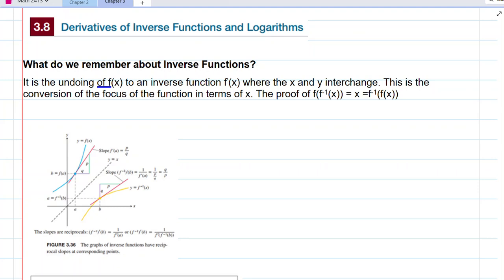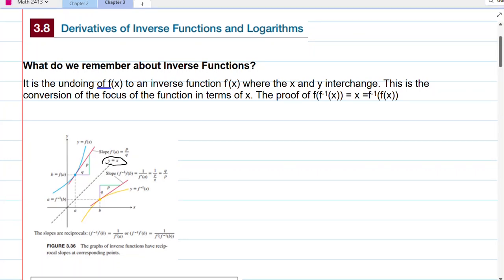So we're going to focus on the fact that we have a proof of f inverse of f of x is x. Therefore, f of f inverse of x is also x. So what we're saying here is that the inverse creates this y equals x focal point, if you will. It divides both of the occurrences in that regard. So we know,